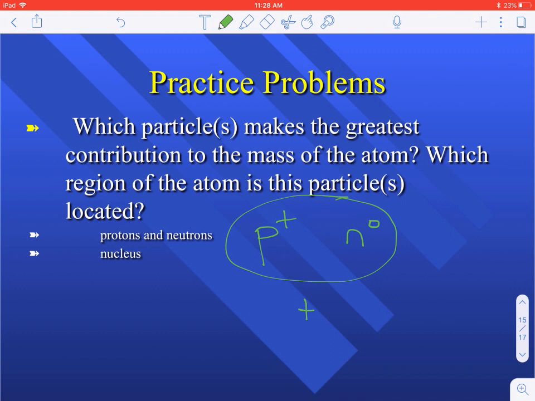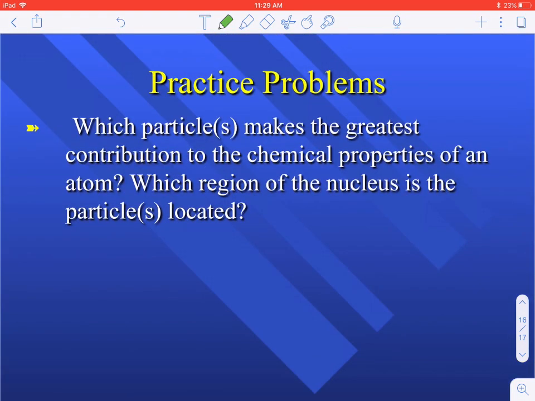Which actually brings up a really interesting question, right? If we have this nucleus made up of positive protons and neutral neutrons, what keeps it together? If you have a whole bunch of positive things next to each other, don't they want to repel? And so there's actually a force that we're going to talk about a little bit down the road called the strong nuclear force. The strong nuclear force is this force of attraction, and it basically overcomes this electrostatic repulsion between these positive charges. And the fact that it can overcome that repulsion means that they are able to stick together. But again, we'll talk more about the strong nuclear force down the road. And then your final practice problem, which one is the greatest contributor to chemical properties? Well, that's the electron, and those electrons